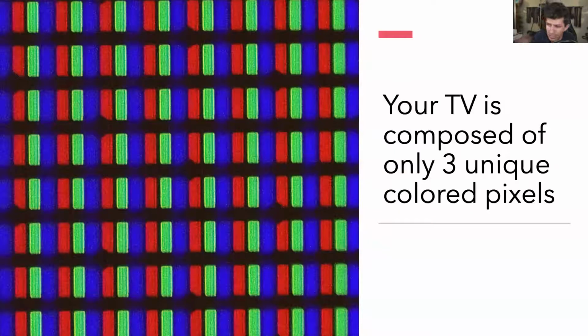But let me say that if we were to zoom in to the pixels that are producing this image, what you would get is no yellow. You would zoom in to three unique pixel colors: red, blue, green. None of those give us yellow. And so, what I'm trying to get at is that all the colors that you see on your TV screen, they are just illusions composed out of three specific pixel colors.